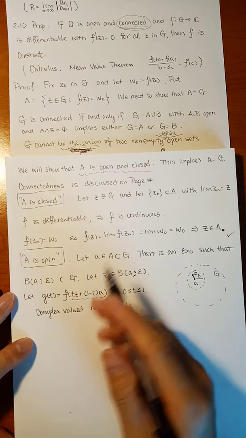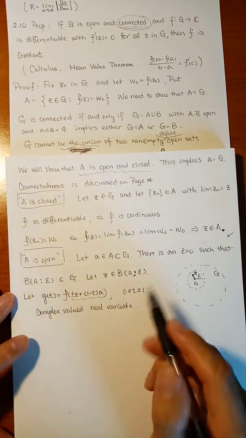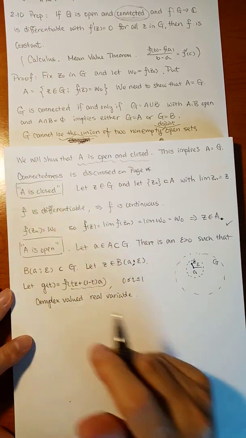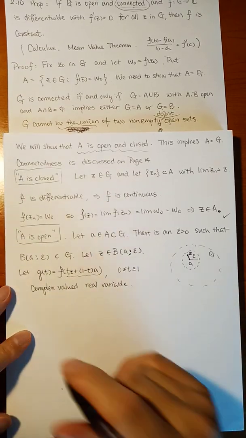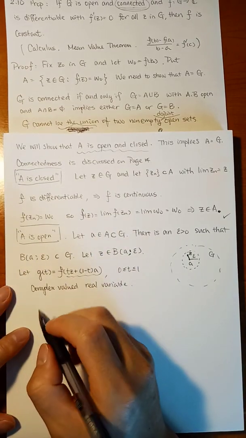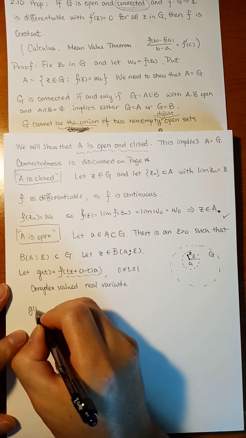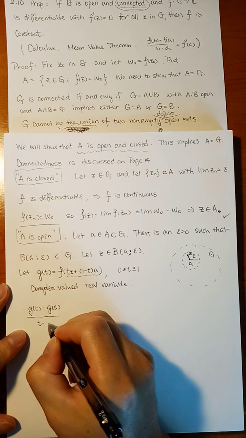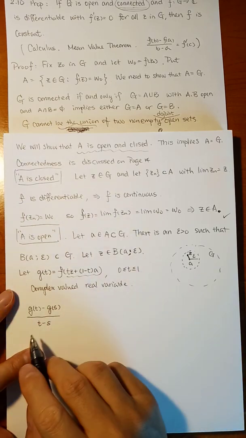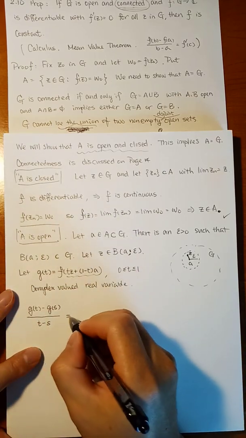Complex value, f is complex valued, but t is a real variable. Real variable, complex valued function. So let's check what is the derivative of this g. The derivative of g is